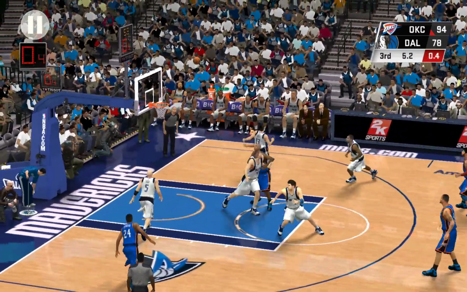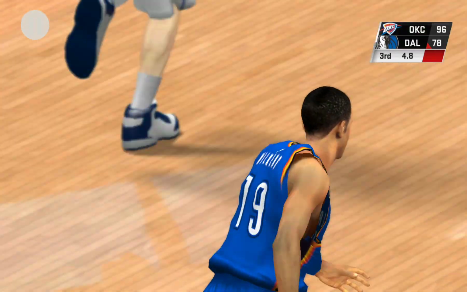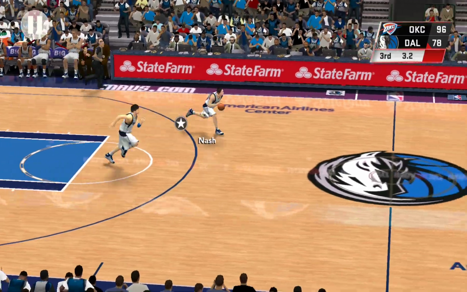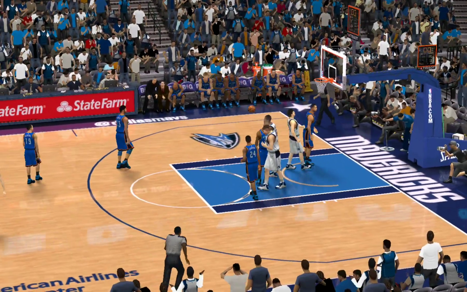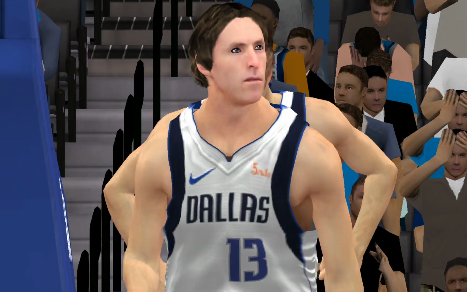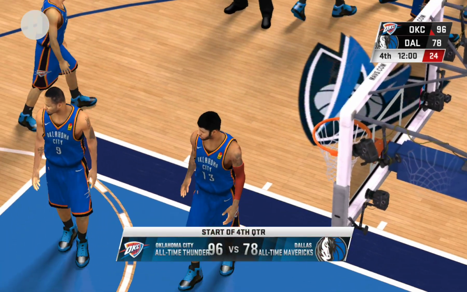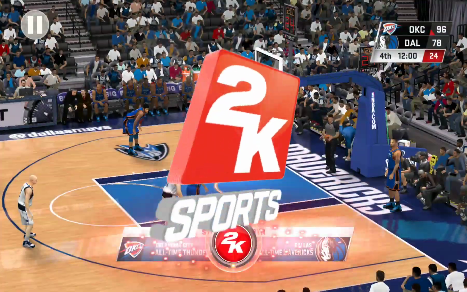Right side Wilkins. And there's another one for the Thunder. Here's Nash. He got it up in time, but it wouldn't fall for him. Well, through 3 quarters of play, down double digits, it may be difficult to overcome. Welcome back. 4th quarter action starting up in what has been a one-sided show.